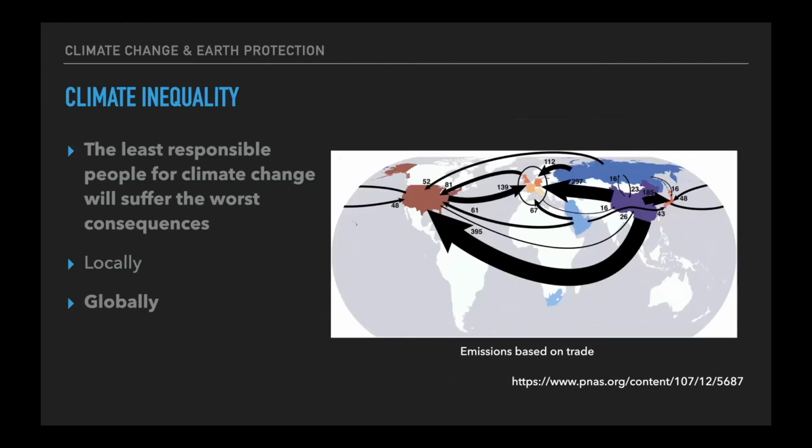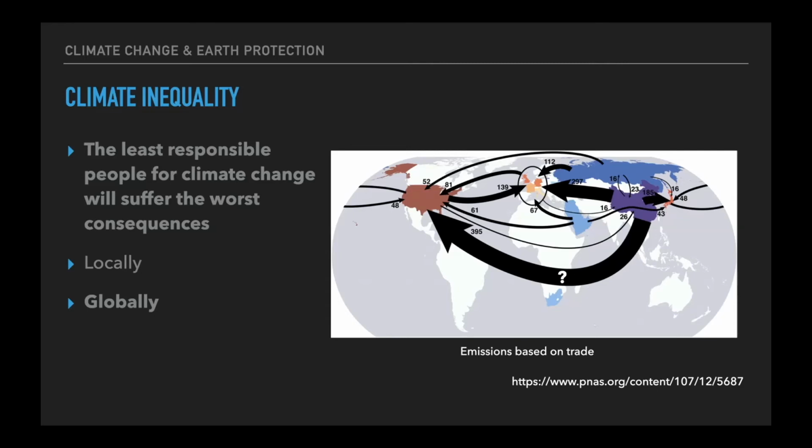So what are the dirtiest paths of trade, right? What are the most productive ones in terms of greenhouse gases? And so we see that the world economy really relies on China to provide a whole lot of things. And I'm curious to know what you think, and this is true for all of these larger arrows, but what do you guys think is most likely getting exported that's creating this huge demand? Why is China such a provider?